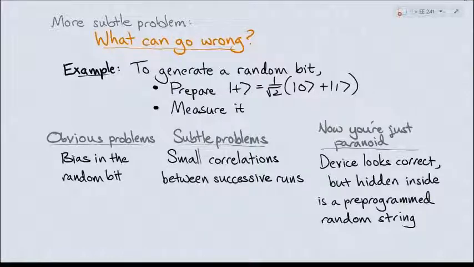But I think the point is, in a realistic setting, you have to draw the line somewhere, and it's not clear where you should draw the line from the left to the right. It's not clear where the right definition of security should lie. And so for us, we're just going to assume that we're all the way on the right-hand side, that we're completely paranoid, and we really are worried about the case where the device was made by the adversary, in fact.